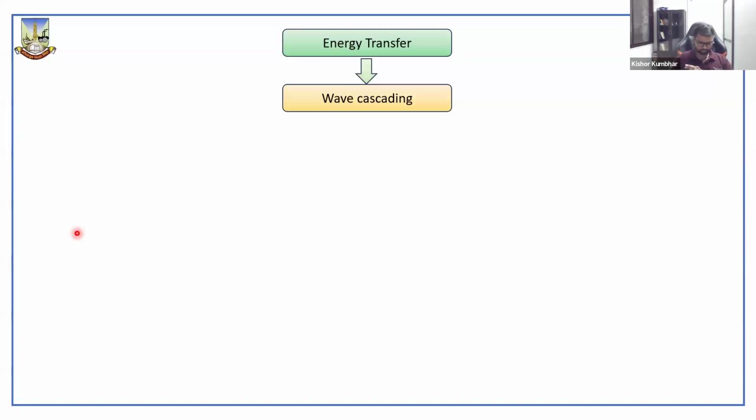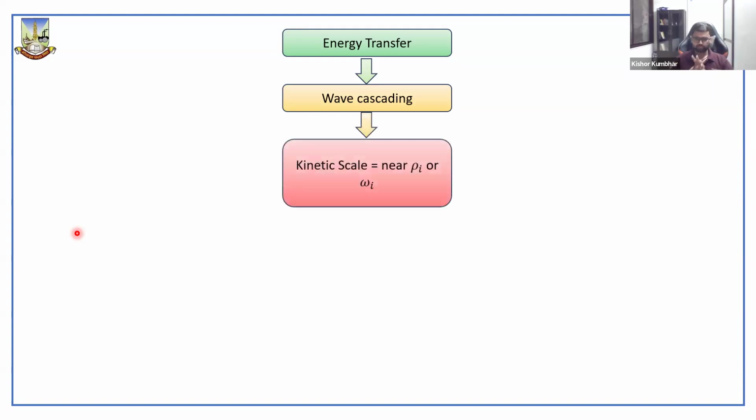Now, when the wave scale approaches the kinetic scale, by kinetic scale, what I mean is basically as the wave cascades, it reaches the scale length which is equal to the ion gyro radius or ion gyro frequency. At this particular scale, we say that our plasma wave has made a transition from MHD scale to the kinetic scale. And whenever this happens, basically the ion motion starts to